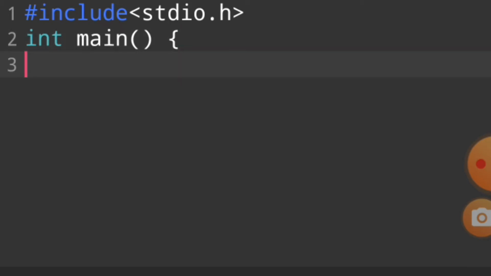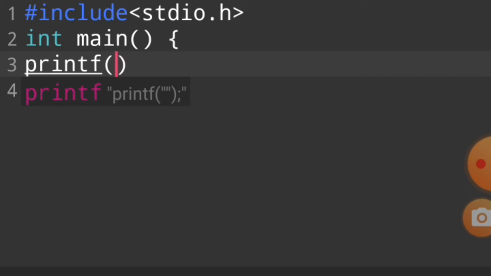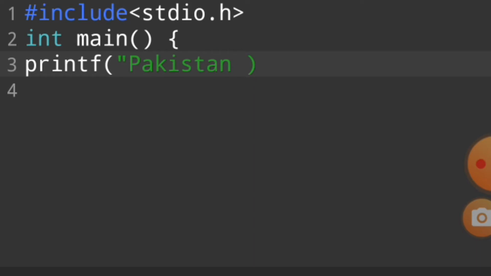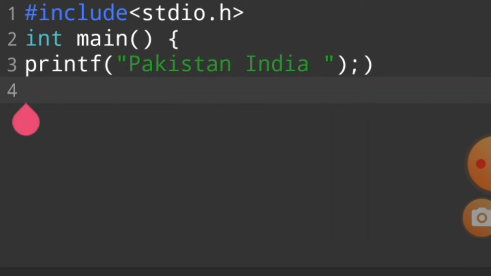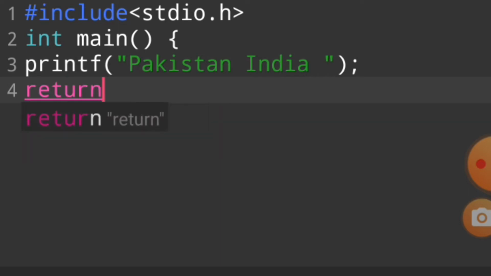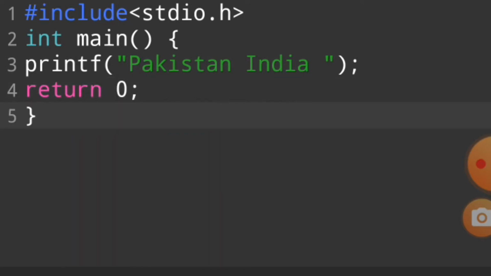As we know, stdio.h is a library that gives us some functions like printf and scanf, and then we use int main for first execution. Then we will see why we use escape sequence character. If I say printf Pakistan and I want to write also India, it is not new to you, not a very difficult case. I know you understand this topic very well.